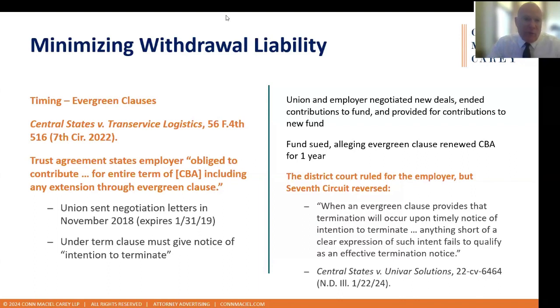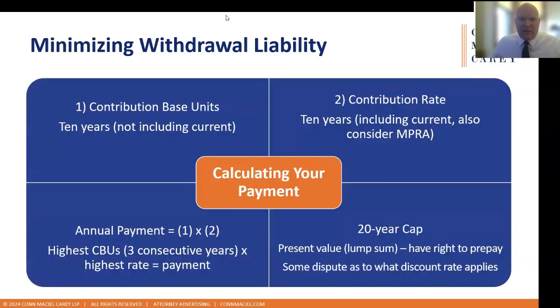The employer, and it was two employers actually with the same set of facts and circumstances, one of them got stuck with another $2.6 million of contributions, and the other one had like $9 million of contributions. So it's a huge deal. And I believe, I don't know, but I suspect that mattered for their withdrawal liability as well, because it meant that they were in the fund for another year. So again, the timing can make all the difference for a couple of reasons, and it could be the nastiest of surprises when you find out too late that the agreement, as far as the pension fund was concerned, was not actually terminated.